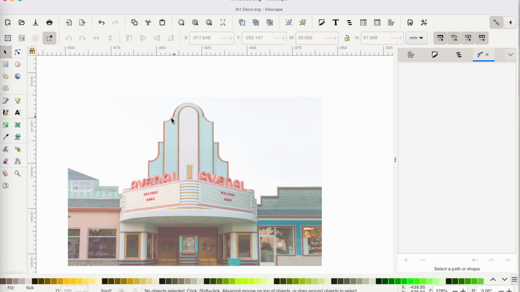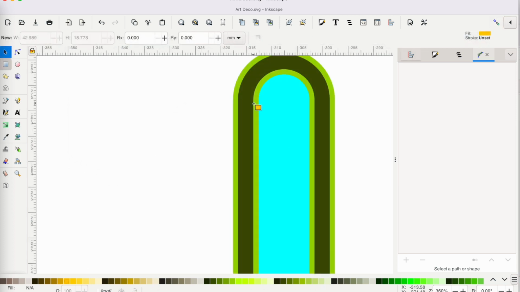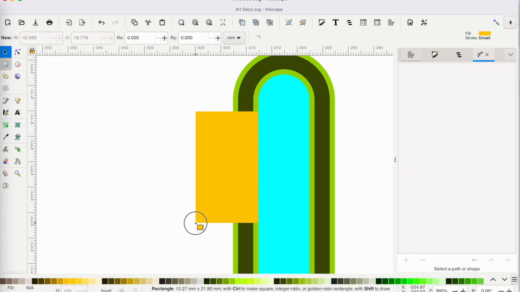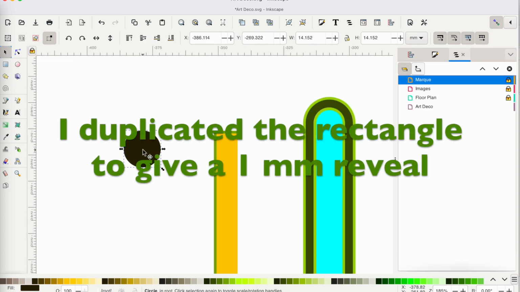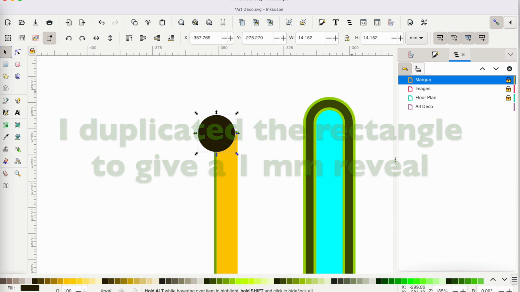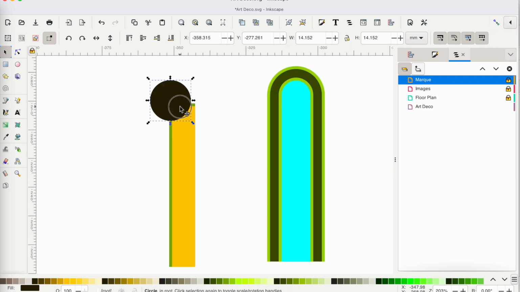As you can see in this picture though, this arch has a little wing to it. So what I do to do that is I make a rectangle the entire length of the arch, and then I'm going to cut out that little bit of a circle at the top of it. I duplicate the circle, and then using path difference, I take a slice out of that top rectangle, and then